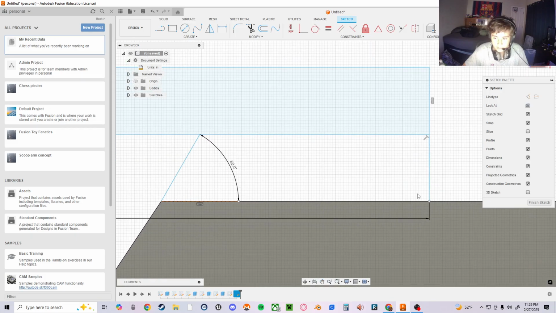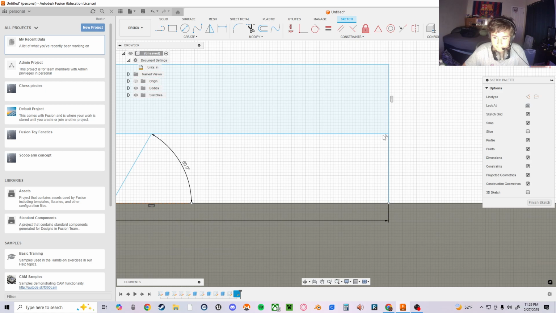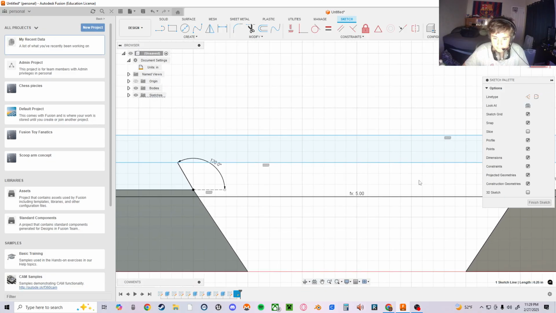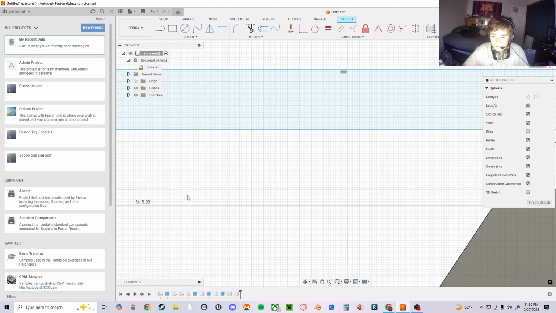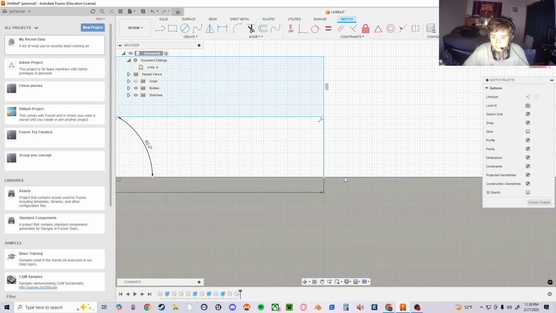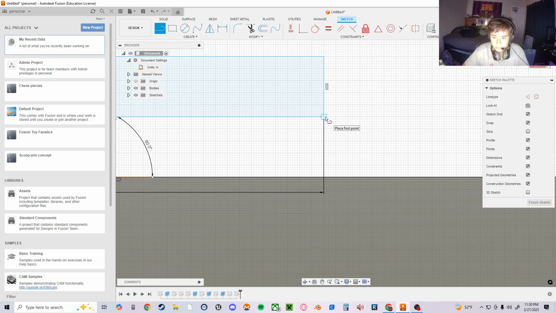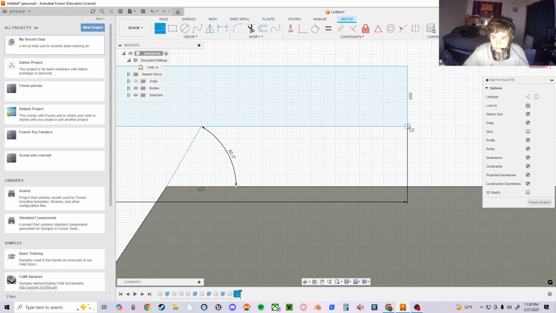I can't just select the inside of this. There's something not adding up. What? This one works perfectly though. Why isn't this one doing the same thing? Come on. Let me try redrawing this one. Nothing. Let's try doing, just put that back. And then